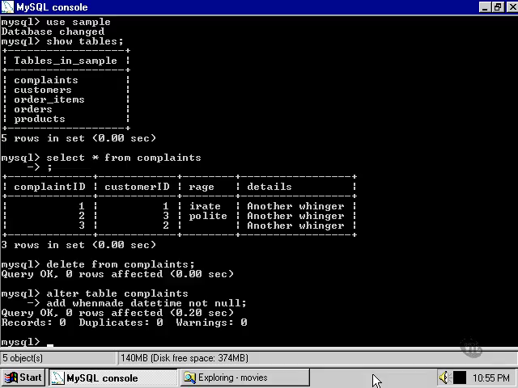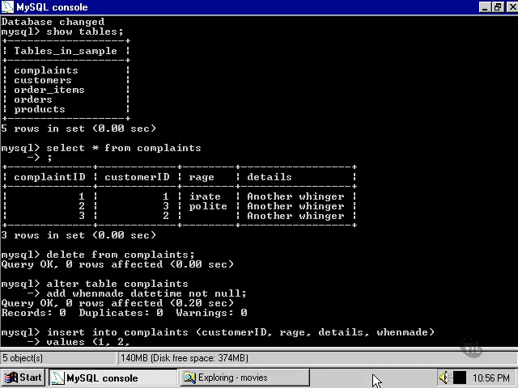Now what happens when we insert into the complaints table? Let's specify the columns we want to insert into: all the existing columns and our new column that we've just added, apart from the complaint ID, which of course will be auto-incremented. And we're going to specify some values for the customer ID, the level of rage with which they made their complaint, a reason why they're complaining, and finally we're going to insert a date and time into the when made